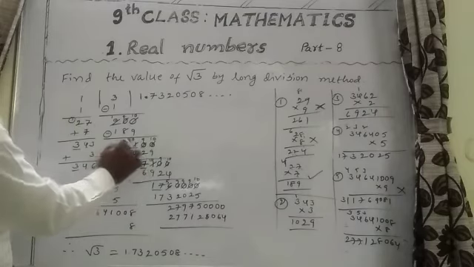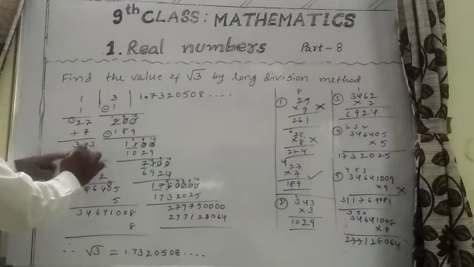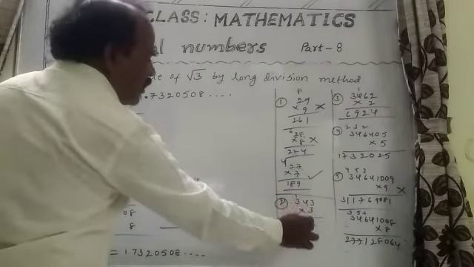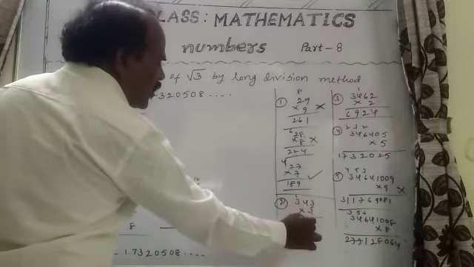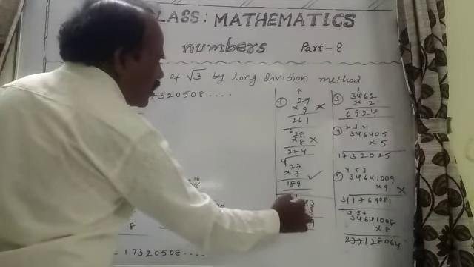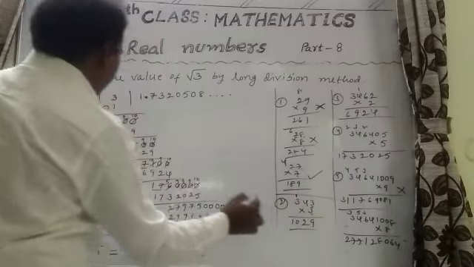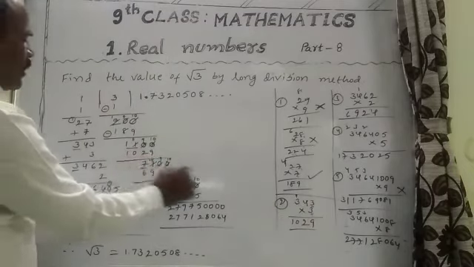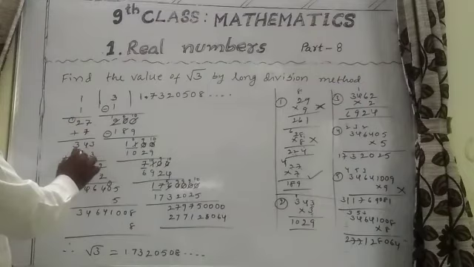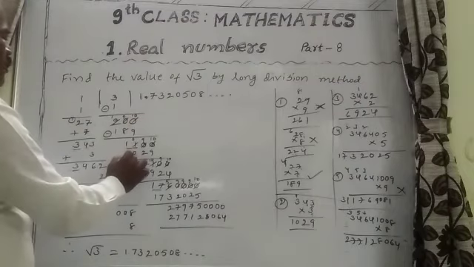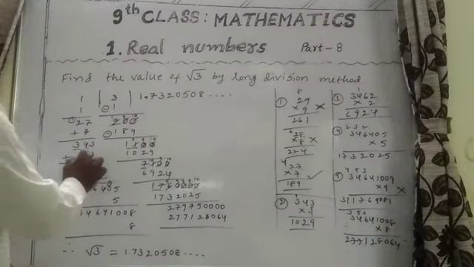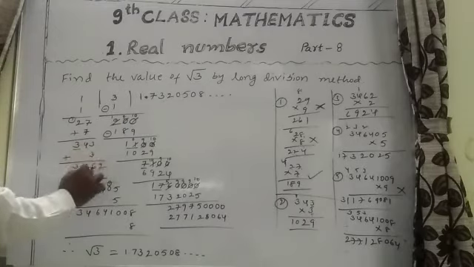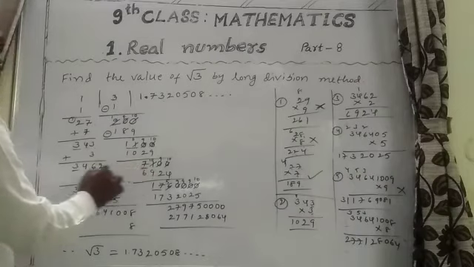3 3s are 9. So 34 after take the 3 multiply with the 3. 3 3s are 9. 3 4s are 12. 3 3s are 9. 9 plus 1 is 10. This 1029 is less than 1100. So 343 3s are 1029. Here plus 3. 3 plus 3 is 6. Here 4. Here 3. Here starting number is the 7.